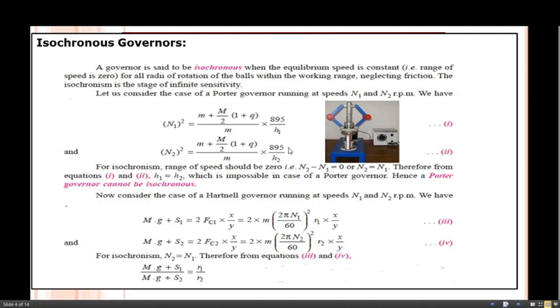h1 does not become equal to h2, because the radius changes and at the same time the height also changes. So hence a Porter governor cannot be isochronous. Now consider the case of the Hartnell governor. So in the case of the Hartnell governor,